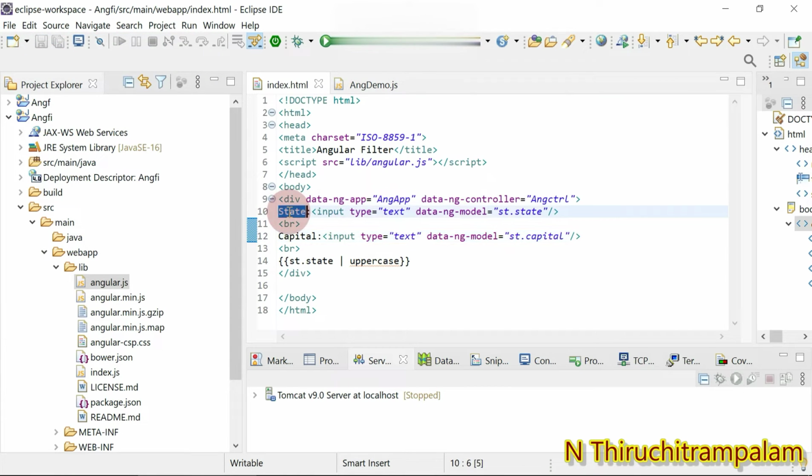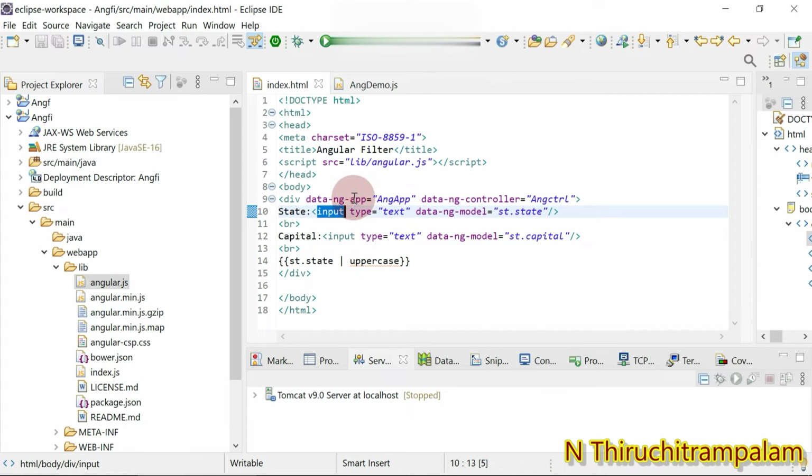On the view page you will see the state label and the input text box to enter the state value, then the capital label and its text box, and whatever you enter in the state text box will be displayed underneath the capital label.